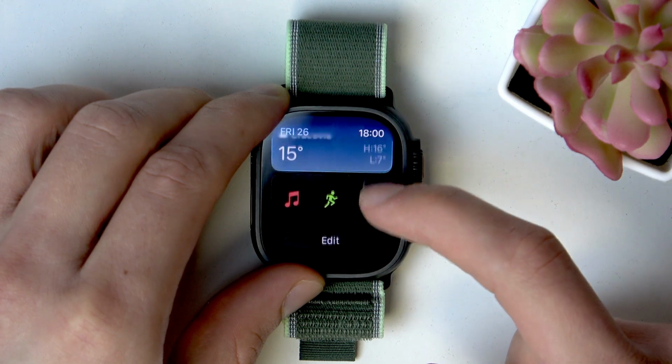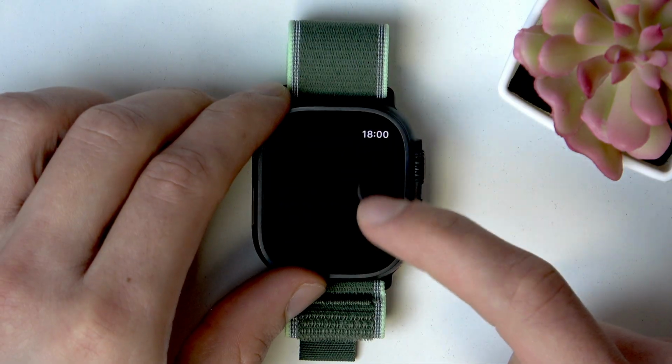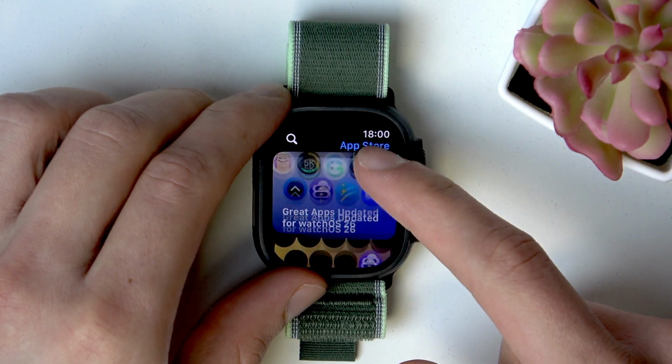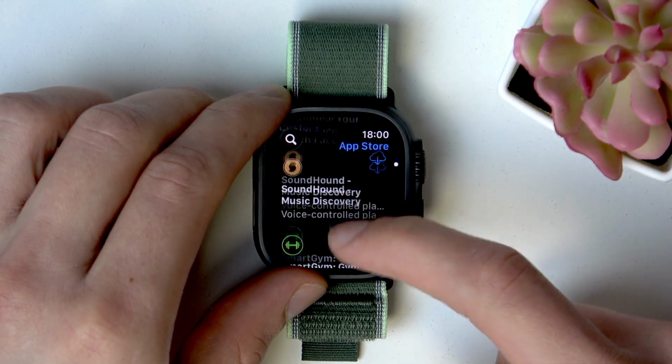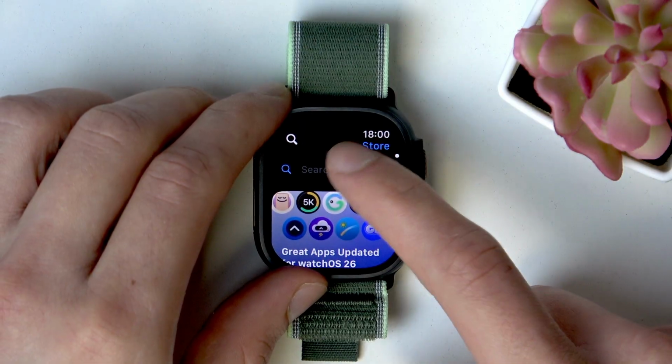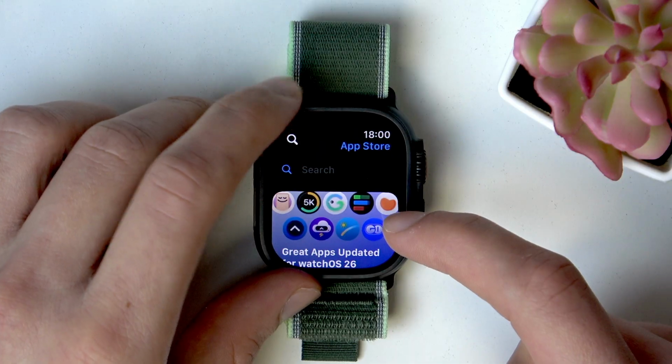and then press the digital crown once to open the list of all apps. Search for the App Store, open it, and now you can either choose one of the apps on the main page, one of the recommendations, or search for the app you want to find. You can find it using